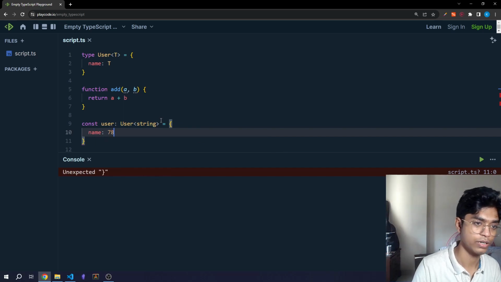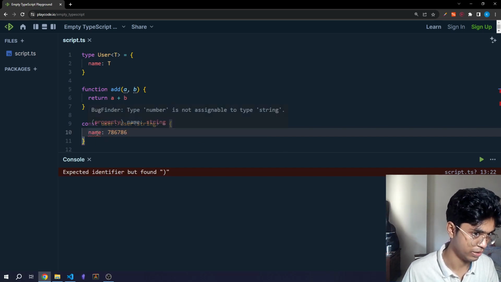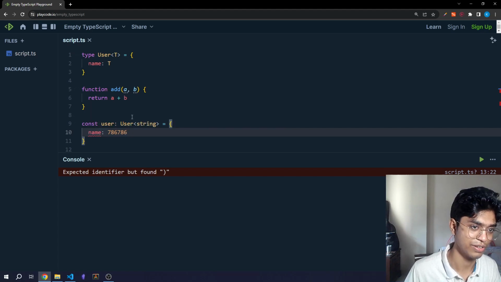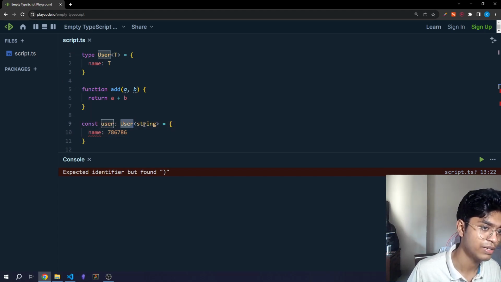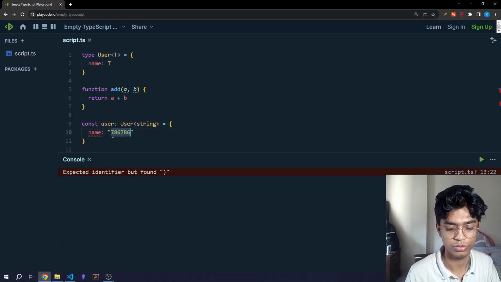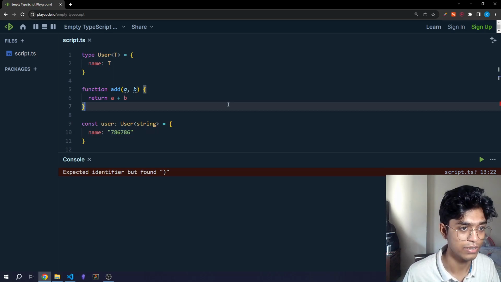And now when I put a number over here, it's going to give me an error, because we've told the user type that the name variable is going to be a string, which we have given it over here. So I have to give it a string, and now it's fine.